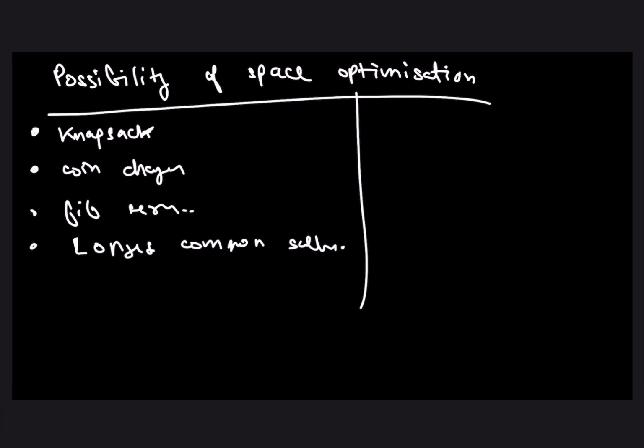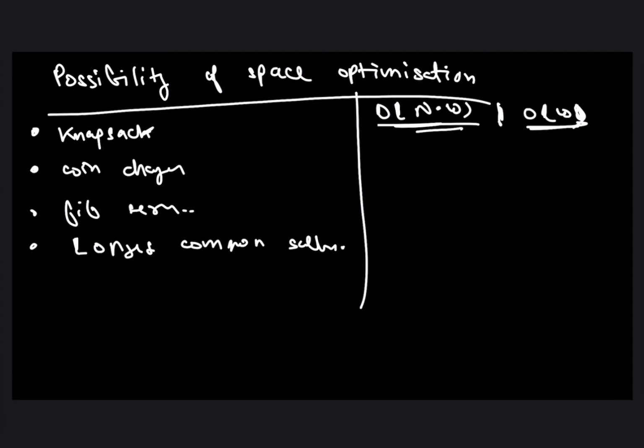For example, in the case of knapsack, when you code it up for the first time, you'll find that the space complexity is O of n into w. But with the help of tabulation, there is a way to convert this into O of w, solving this entire problem in O of w extra space. So basically this O of n into w gets converted into O of w, but this happens only in the case of tabulation and not in the case of memoization.